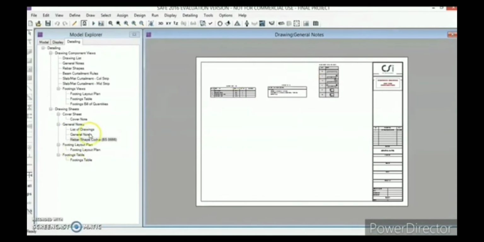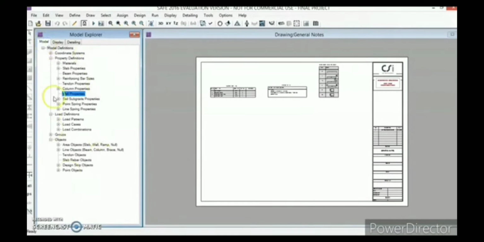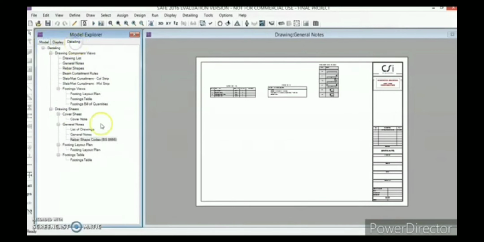This is all about the rebar shapes. Yeah, we have learned about all these. It's just the detailing report we need to go with.